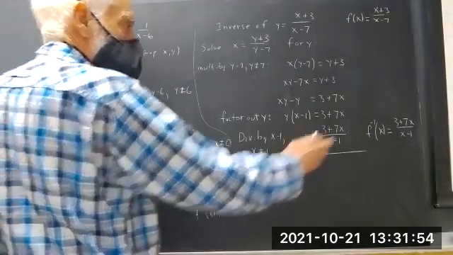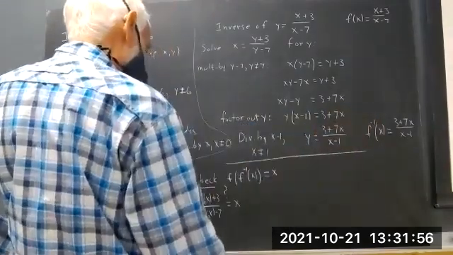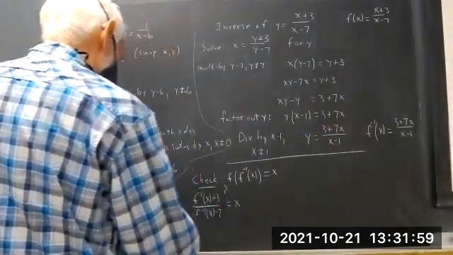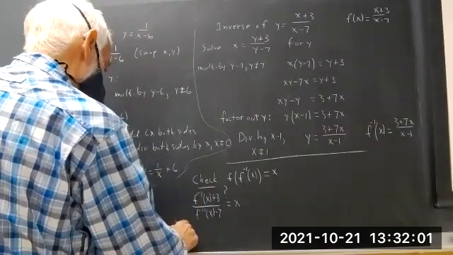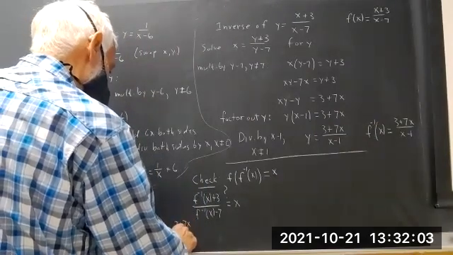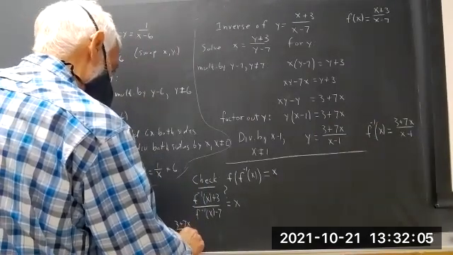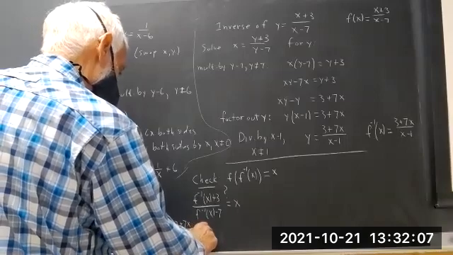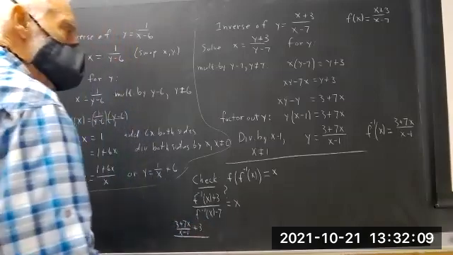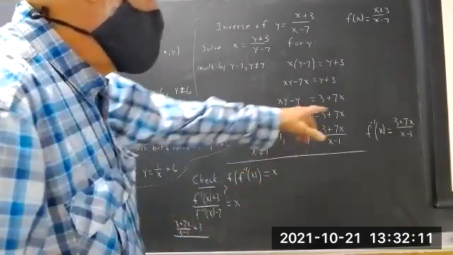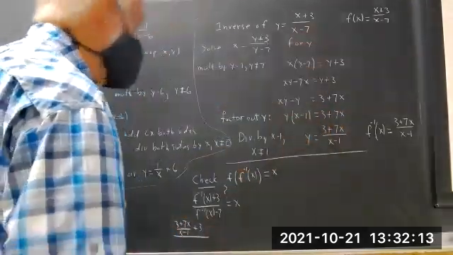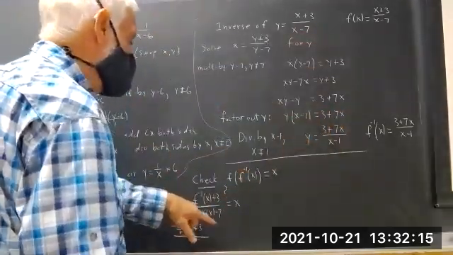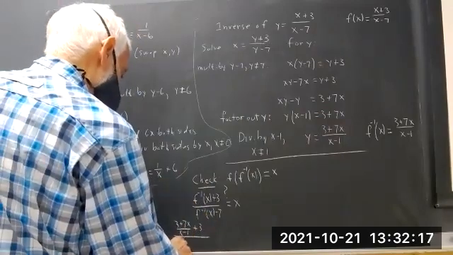f inverse of x itself is 3 plus 7x over x minus 1. Then we have to divide that by f inverse of x minus 7, which is